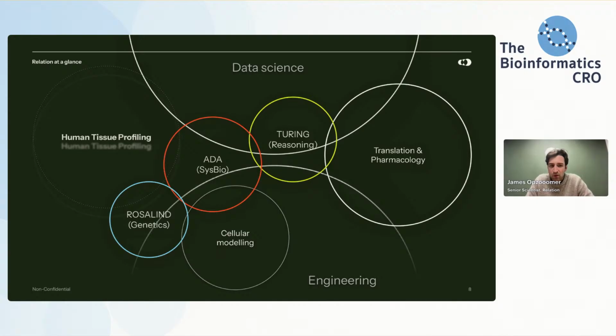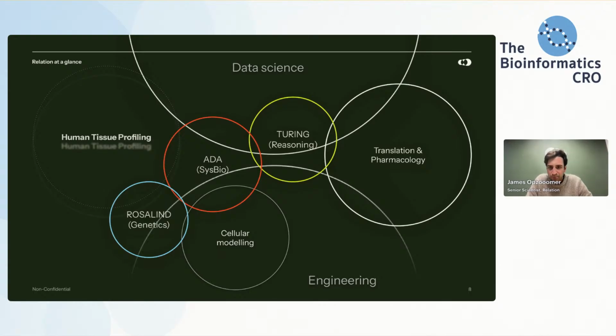So now that I've talked about why we care so much about genetics and single-cell data, I wanted to give a quick overview of how Relation is actually set up to do this in practice. This slide represents a high-level map of our platform. On the left, you see human tissue profiling. This is where we generate deep multimodal data directly from patient samples: whole genome sequencing, single-cell spatial transcriptomics, single-cell transcriptomics,